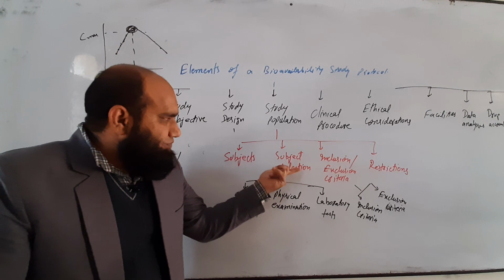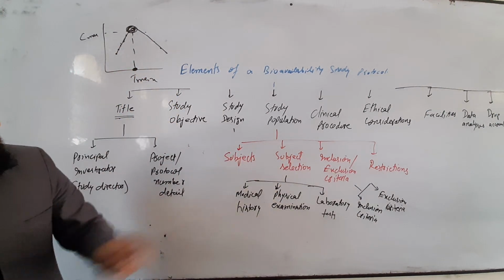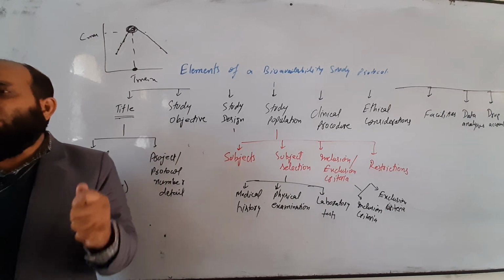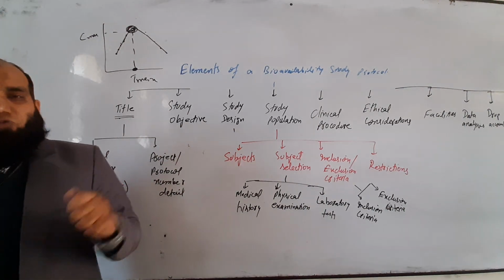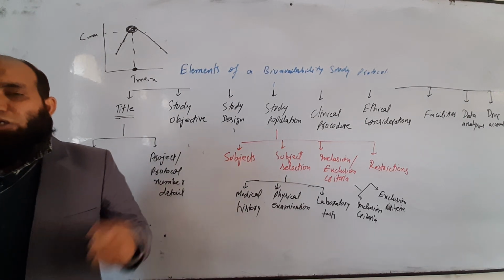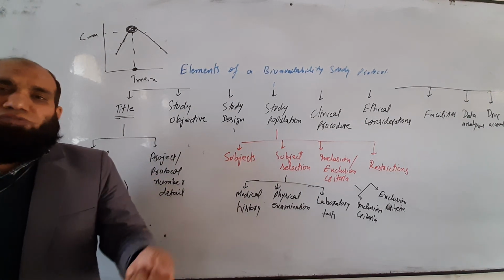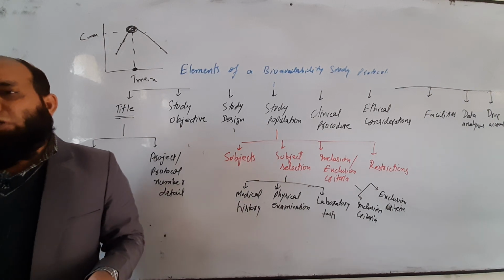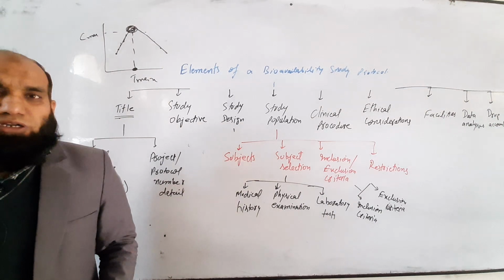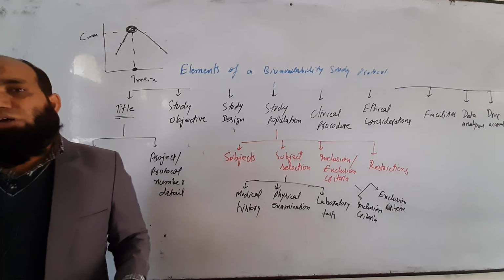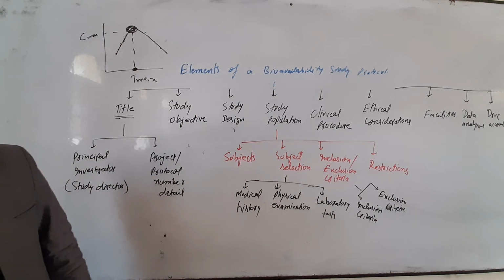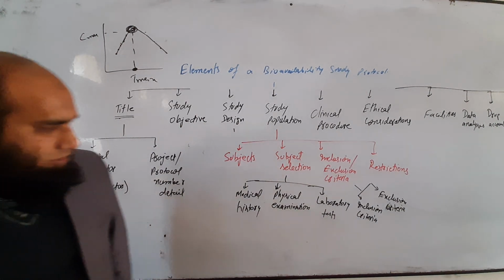Okay, in case of subjects, we will have to confirm whether we are performing the study on males or females. If we are performing the studies on males, then what should be the age? They should be young, from 18 to 25 years, because at that particular age we can measure the effects of metabolism and also the dosage form, and there are some other areas.